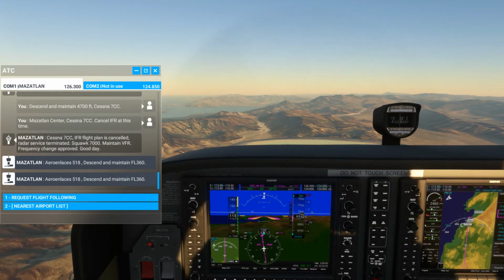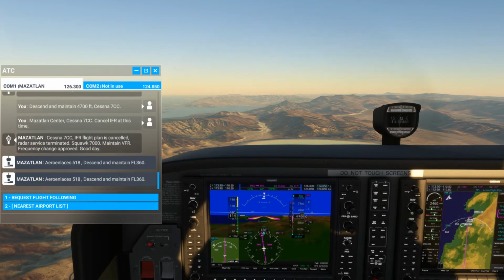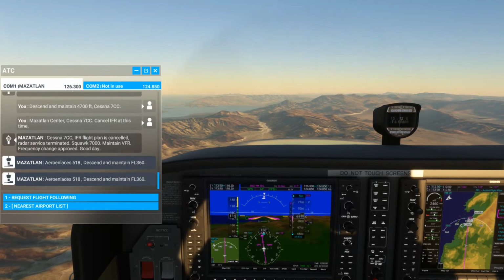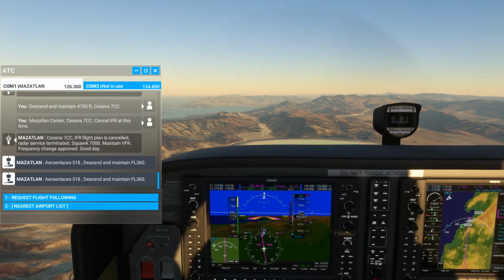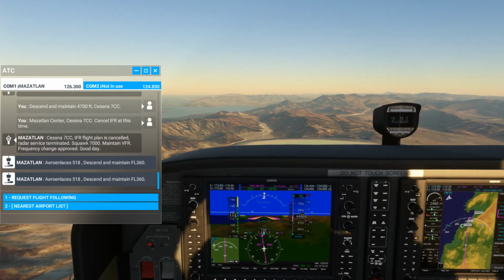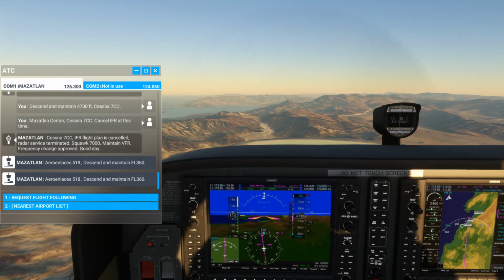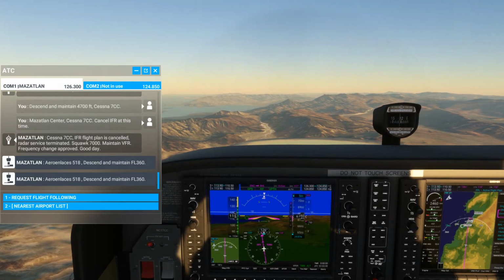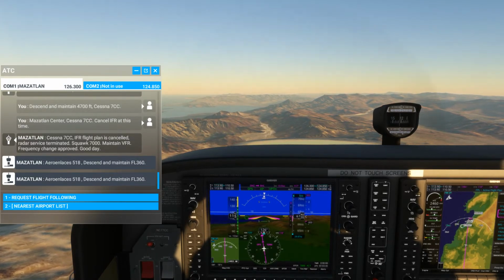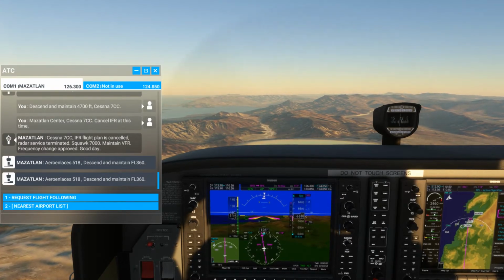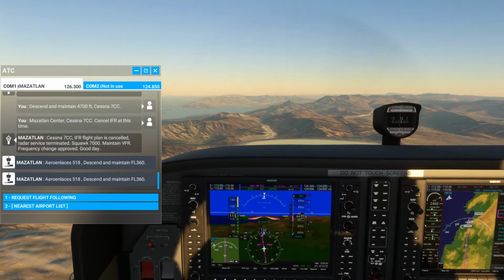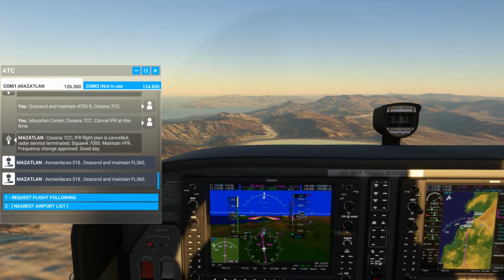Okay, so according to Google Maps, that is a Viva Aerobus plane going from Guadalajara to Los Angeles. So that would be VIV 518 maybe? Let's see if I can find it on Flight Radar.